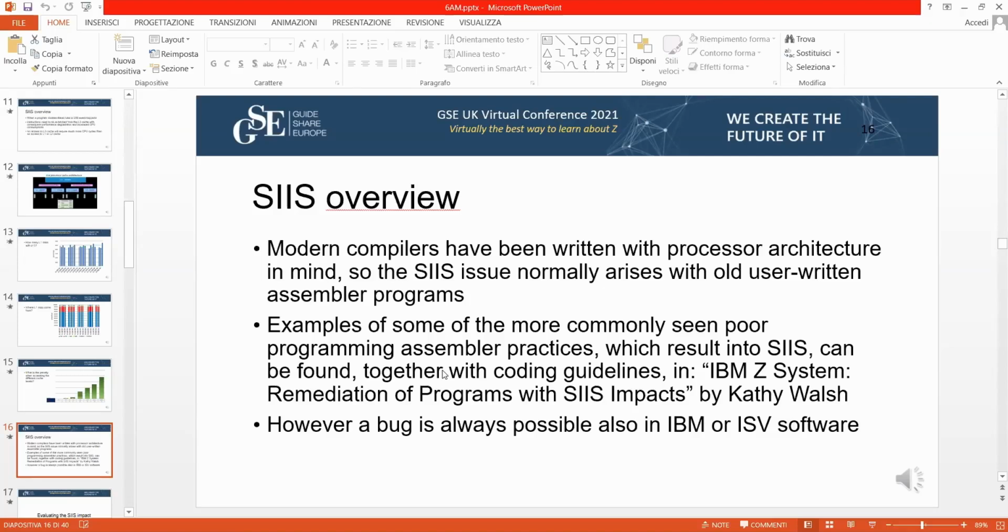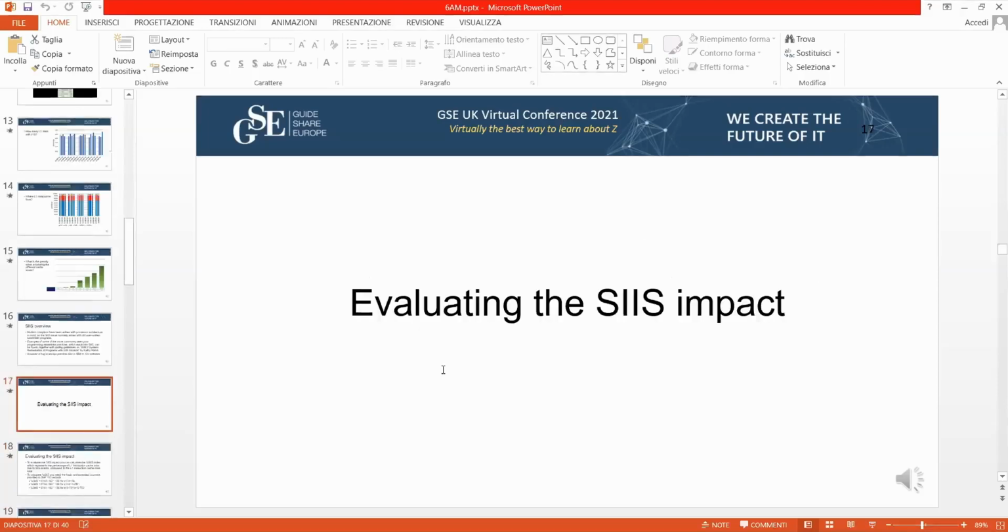But we have found out that possible bugs are also there with code written by IBM or independent software vendors. And the reason is that this code was excellent with the old architecture. It's just that now it doesn't fit with the new architecture. So we will see the example in a few slides, and you will understand what I'm talking about.